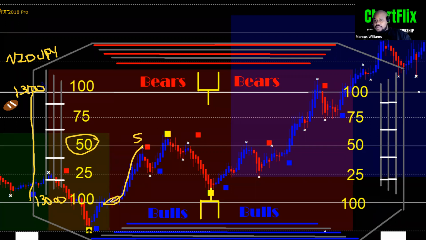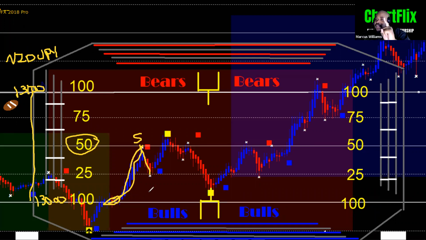So look at what happens. The bulls push the ball up 50 pips. This is an opportunity for you on every currency pair to say, if it's moved 50 pips, more than likely it is going to pull back. So you could place a sell here, and that would have been a 25 pip pullback for you. Now, how would you have known this? Because you know the quarter points is going to have it to where at a certain time, the price has to pull back. It has to pull back, right?